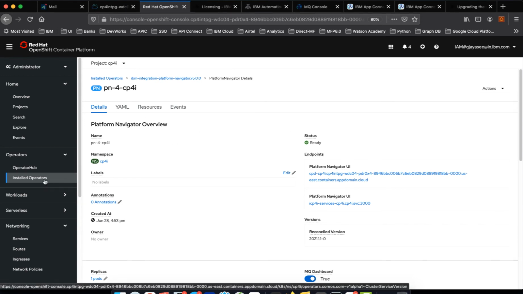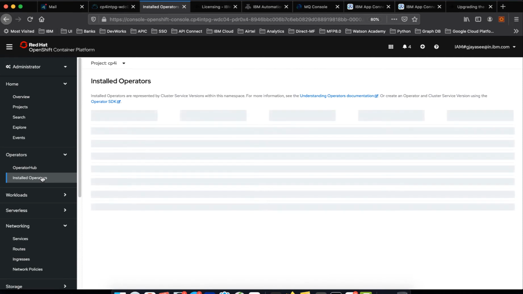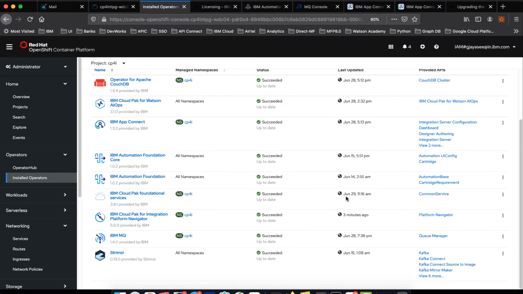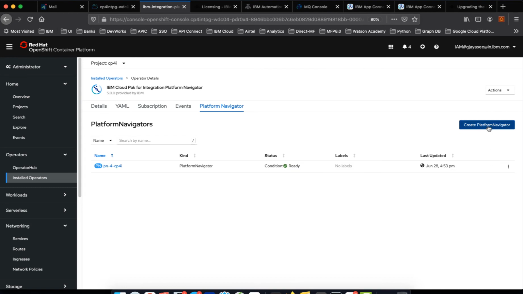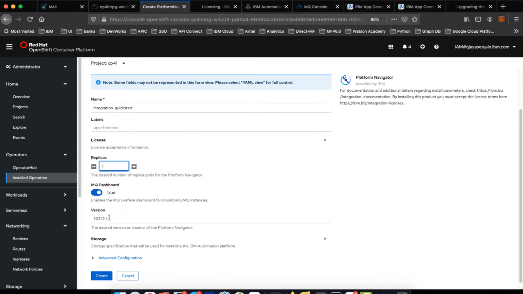Okay, just to double check whether the newly installed operator will reconcile it to the newer version. Just to double check, go to the installed operator, under Cloud Pak Navigator, create Platform Navigator. You can see, the new operator will install this 2.1.1.